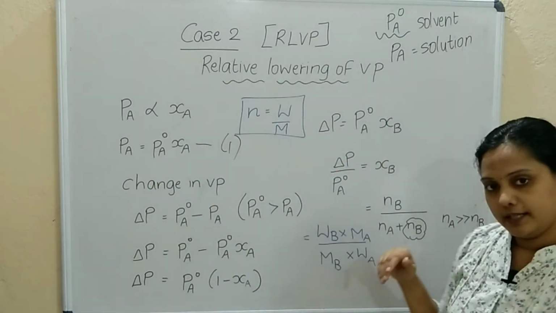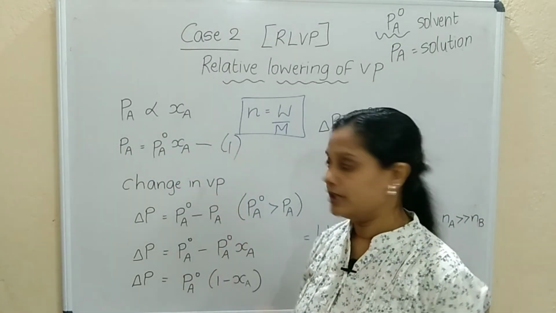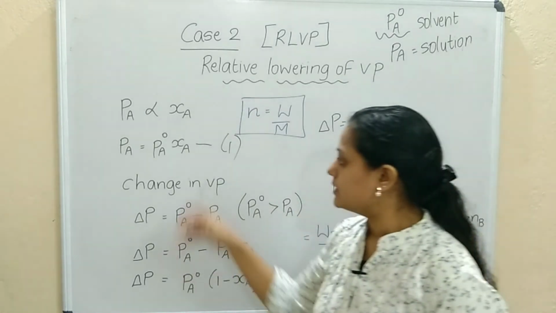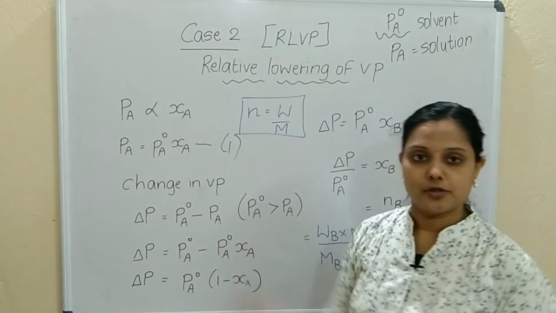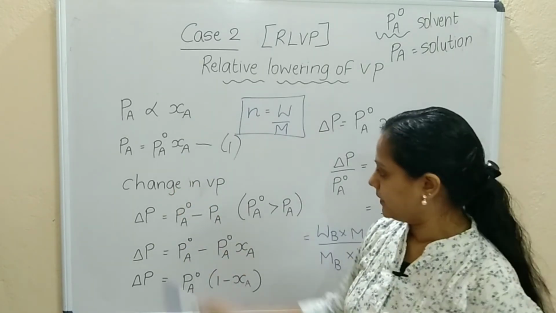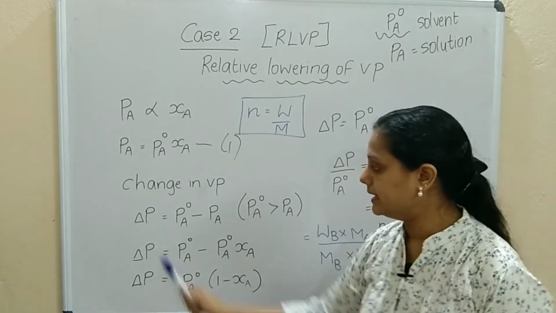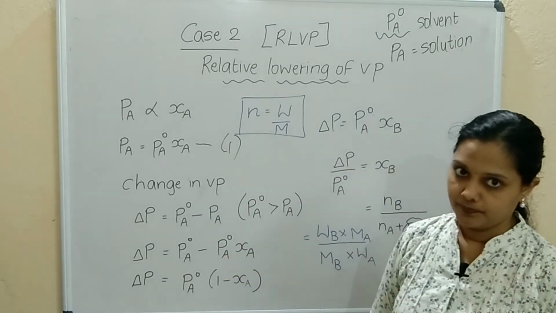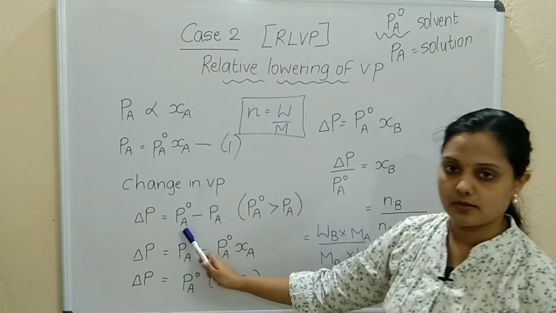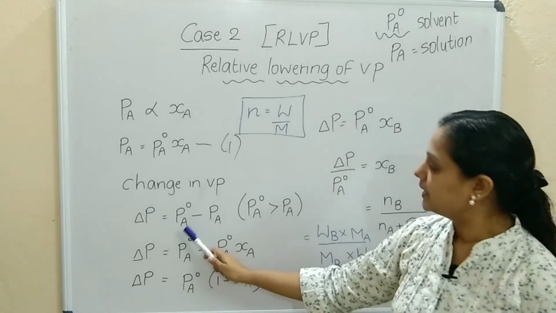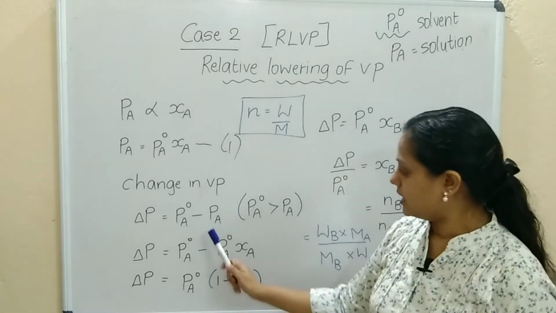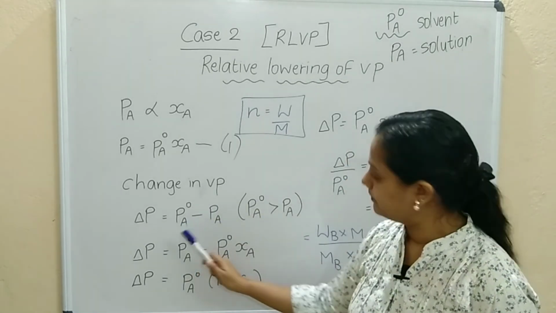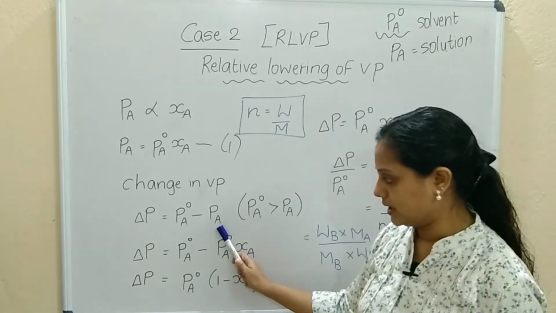We are talking of the solvent here. So according to Raoult's law, we know PA is directly proportional to the mole fraction of that component. So from Raoult's law, removing the proportionality sign, we can write PA equal to PA degree XA. The change in vapor pressure will be delta P. Change we always write as delta. That will be PA degree minus PA. Initially the vapor pressure was more because the solvent only was present in pure form. Then we add solute, so the vapor pressure decreases. PA degree is the vapor pressure of the solvent. PA is the vapor pressure of the solution.